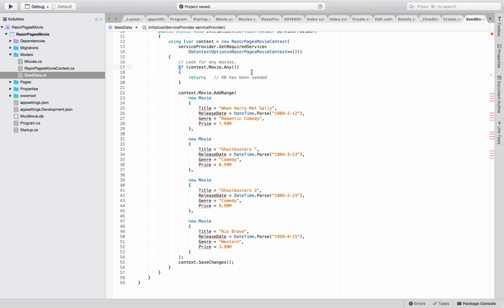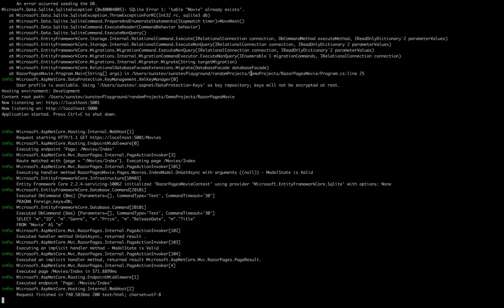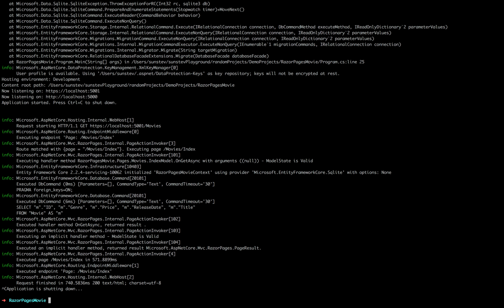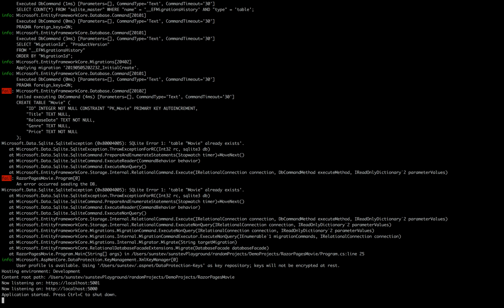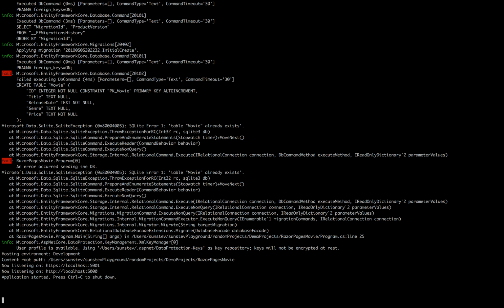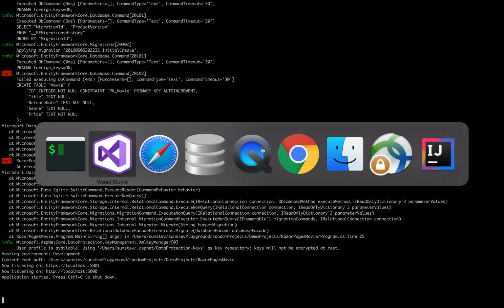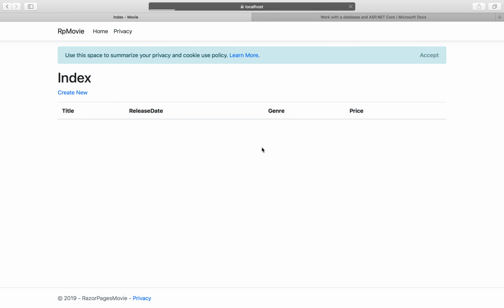Instead of checking that, let's just comment out this. And let's stop this one and rerun it. The purpose of this is I'm just going to show you guys how we can see the data. Looks like it's still complaining table movie already exists. So probably I'm going to drop this table first. We can refresh this table. It's going to be nothing for sure. Then let's